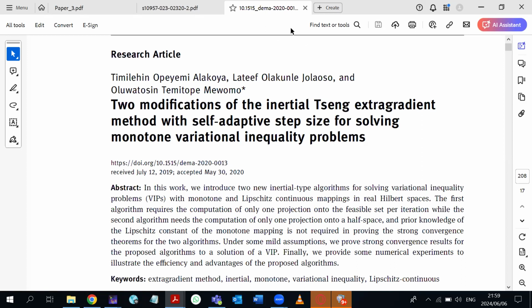The first statement there has everything that you need to know about the paper. It says they introduced two new inertia type algorithms. That's one thing. What is the algorithm meant to do? It is meant to solve variational inequality problem. And for this variational inequality problem, what type of operator? They say the operator is monotone and Lipschitz continuous. And what is the settings of the work? Hilbert space. So that is the paper in summary. Now they are trying to explain what the algorithm is. That's why the second statement comes in. They said